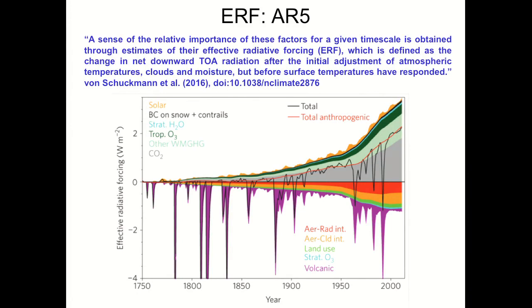But of course we also have to take into account these cycles of perturbations due to volcanic emissions, which are shown in purple. So you get these big spikes occasionally, but the red line, which shows the total anthropogenic trend, is still upwards. Also shown are changes in aerosol radiation interactions, aerosol cloud interactions, land use change, and of course stratospheric ozone in these different colours, which cause cooling or negative radiative forcing, or effective radiative forcing in this case. So it doesn't change the overall picture very much.